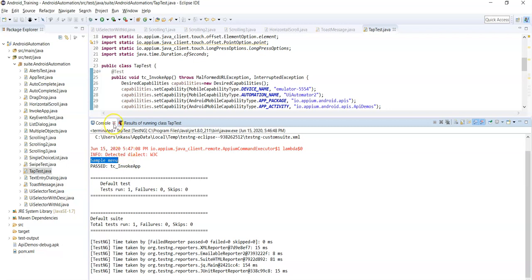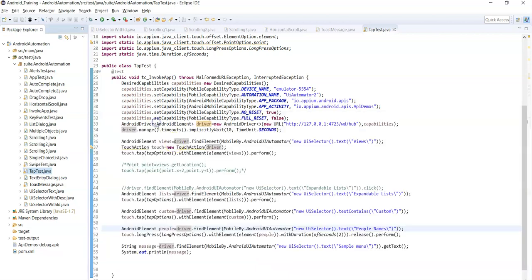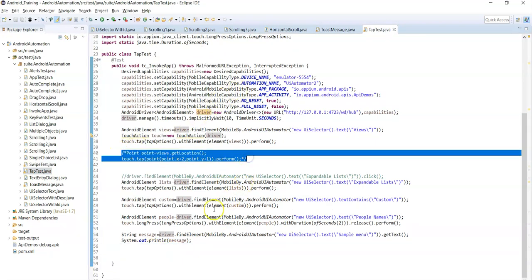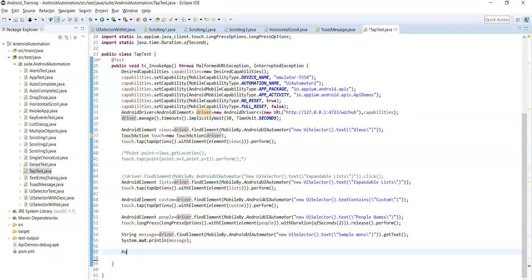Okay, so this is one approach to perform the long press action on any element, and the other approach is using coordinates. Just like we saw in the previous tap action, right? So you can use the same approach. Point reference variable equal to people dot get location.